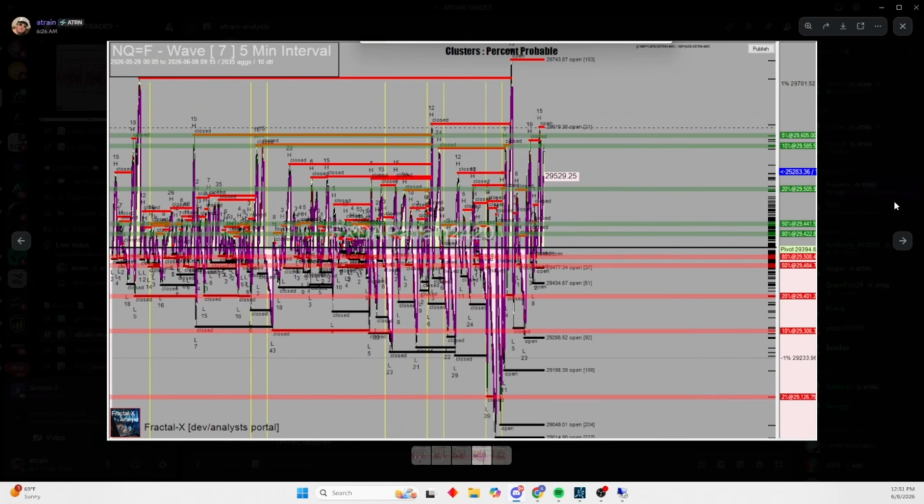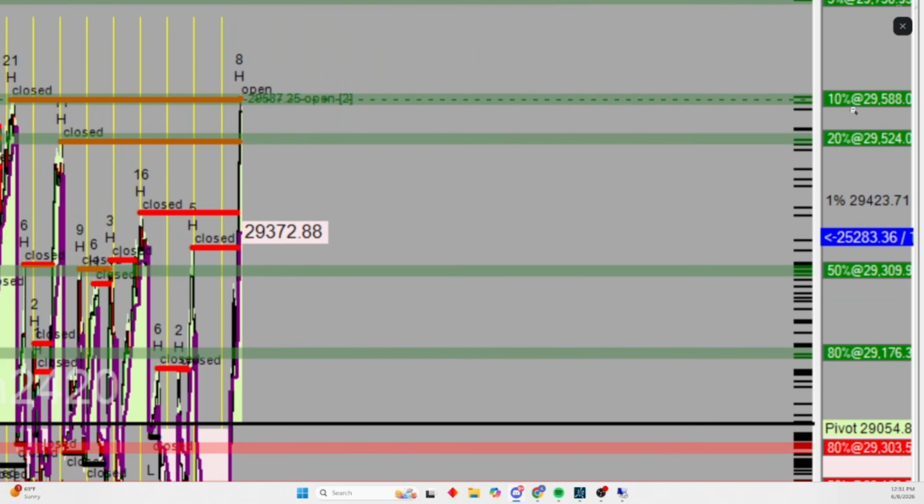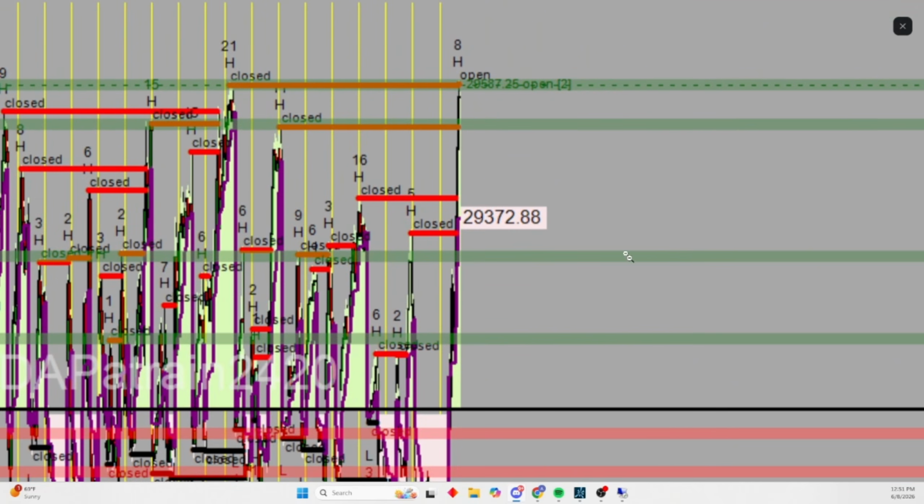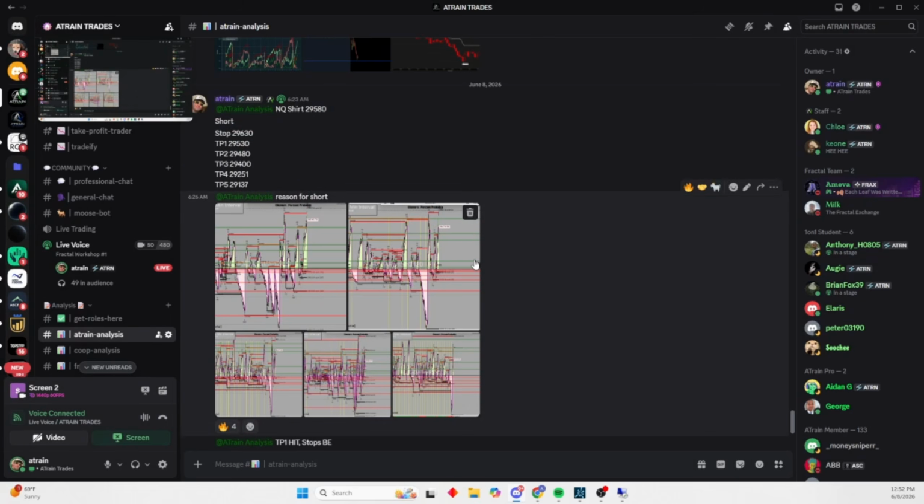So what we're looking for is low percent odds across all time frames. That gives us our bias. But then also testing open states, clusters, or previous reversals to get our actual entry point off of. And then last up, 7-wave 60-minute, you can see same thing, 10% odds, and tap this previous open state that's now closed. So we look for reversals off of those as our resistance, pair that with the percent odds, and